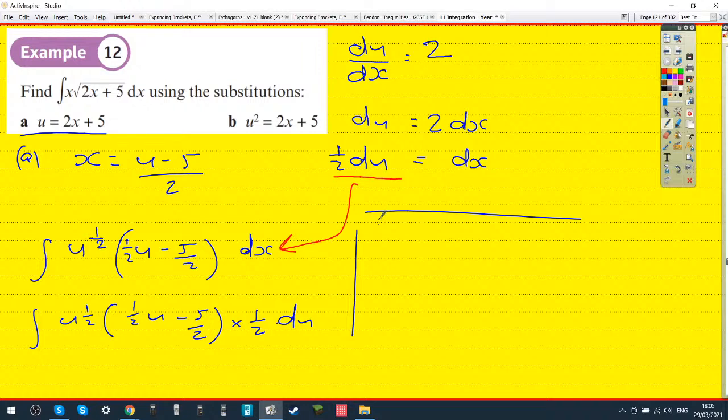Which will give me a half u to the 3/2 minus 5/2 u to the half. Times the half as well. Okay, and now to integrate that will be